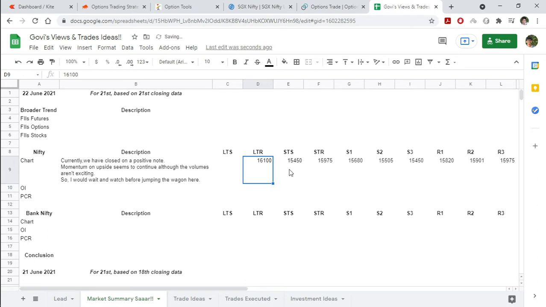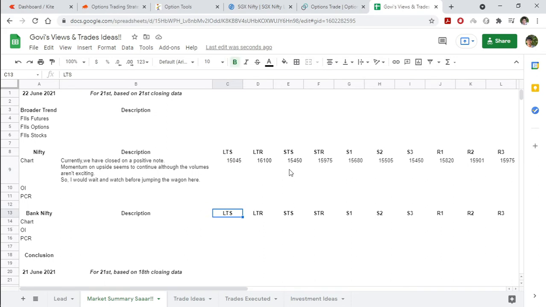16,100, although we haven't reached it, but I'll come to that when I prepare a summary video this week about how I'm deciding long-term resistance. But let's look forward to that also. And long-term support still for me lies around 15,445. That's a level where we started to move upwards from a very long time resistance, so that's still a long-term support for me. So that's for Nifty, and let's move to Bank Nifty also.